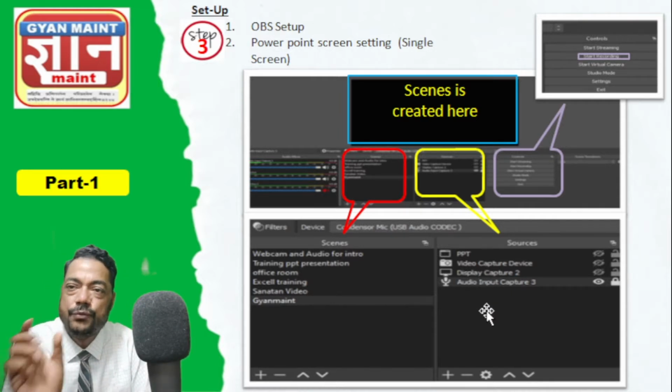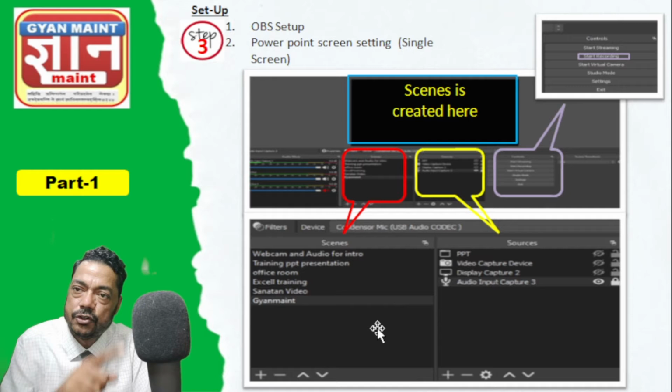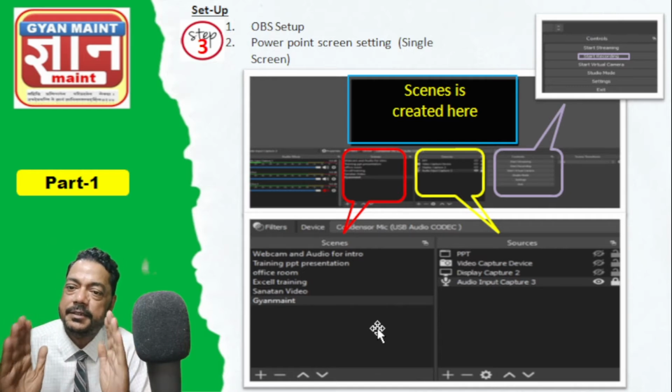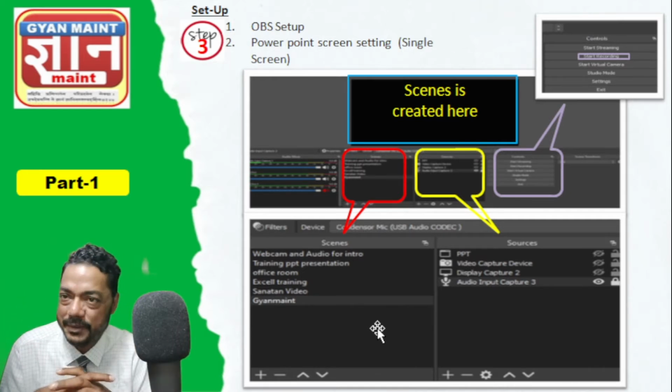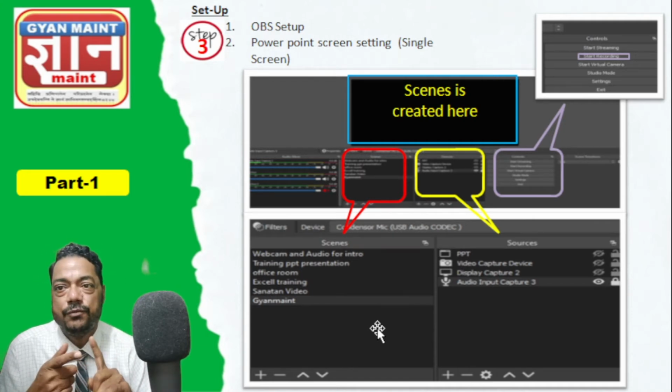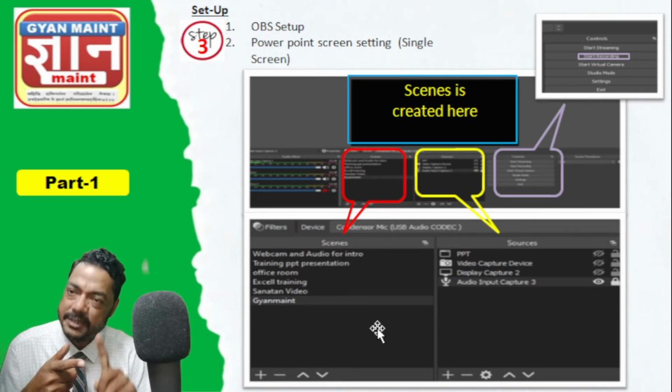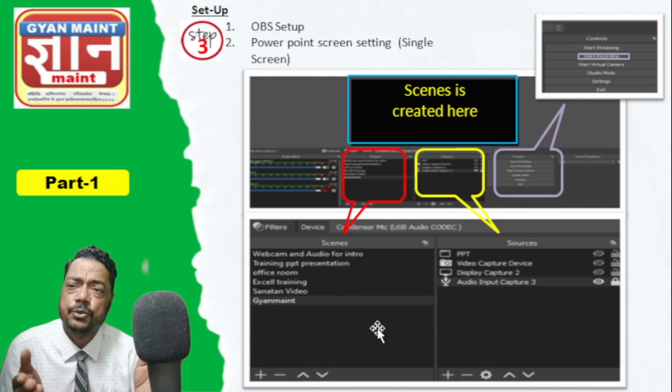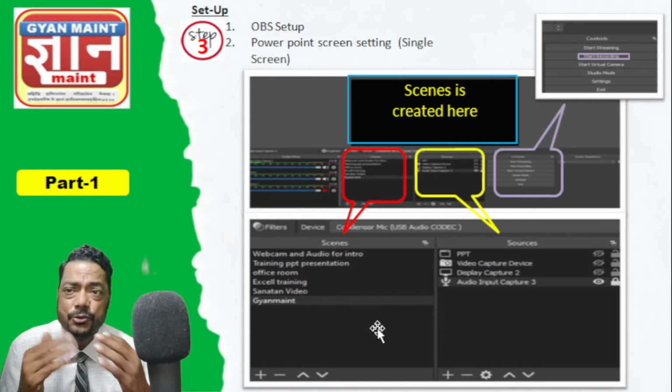If you add all of those, you can make the video. What you are seeing is a screen which has been recorded by OBS. So it's very simple. I will explain in detail in the live video how you can do all this setup. If you have a PPT with you, good; if you don't, please make a PPT, or use any other PPT just to experience how you can make a video.